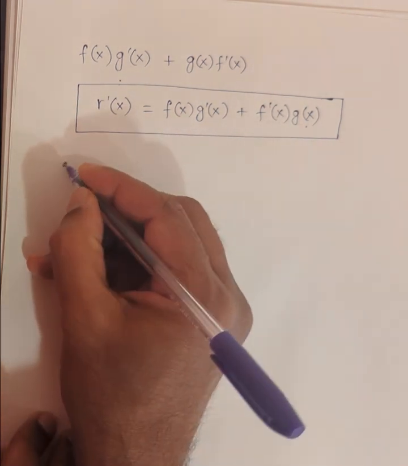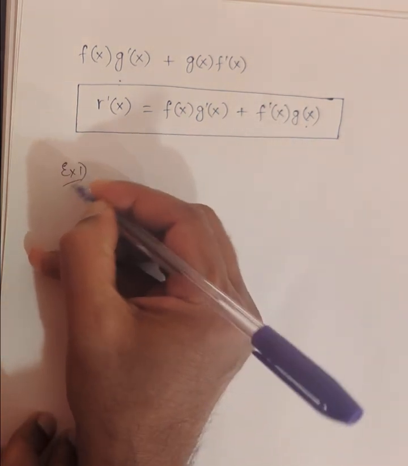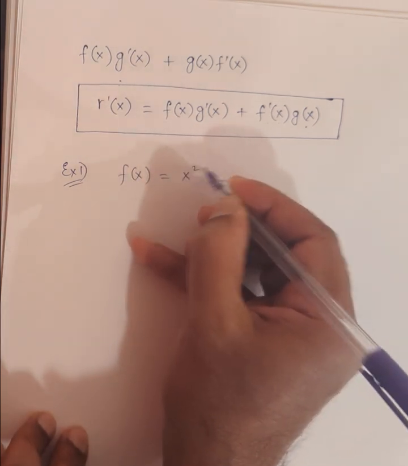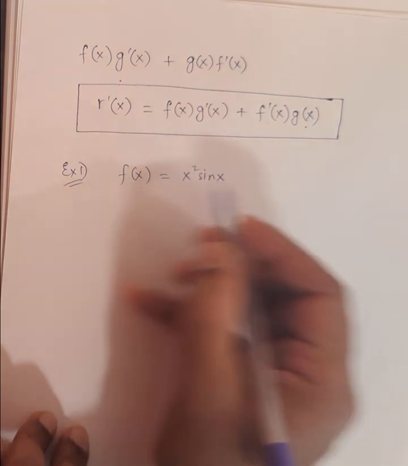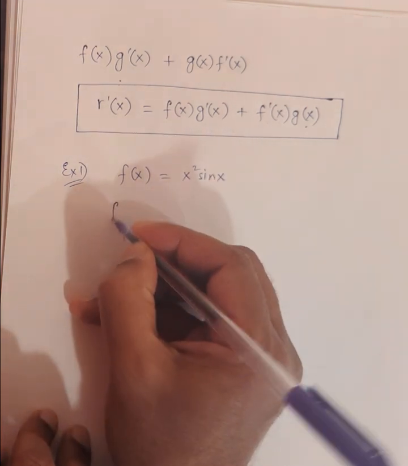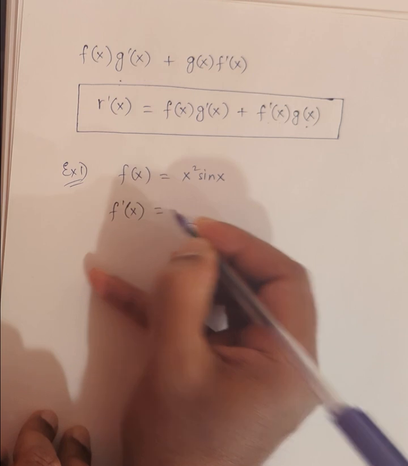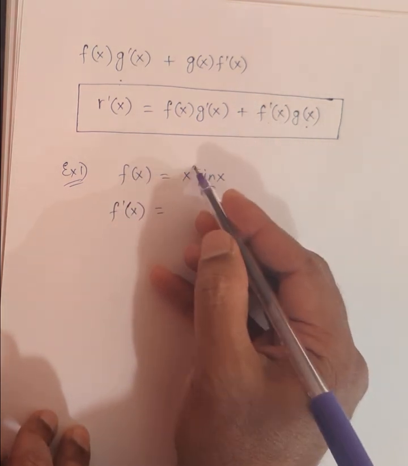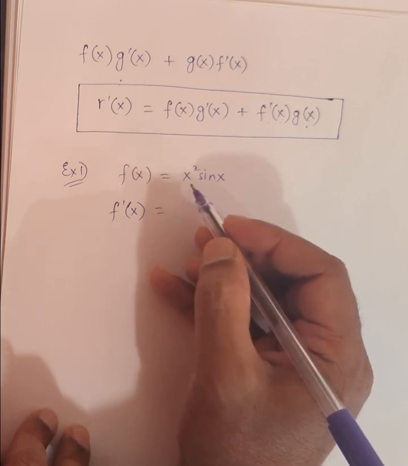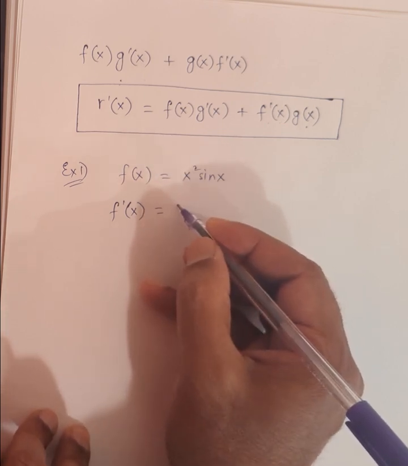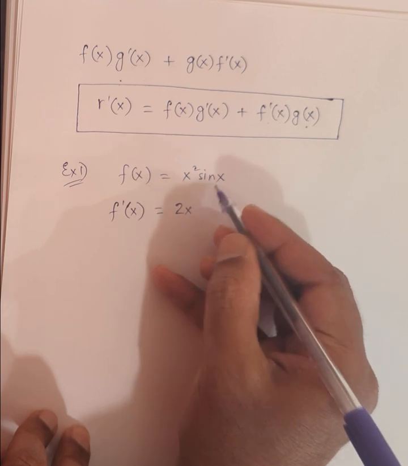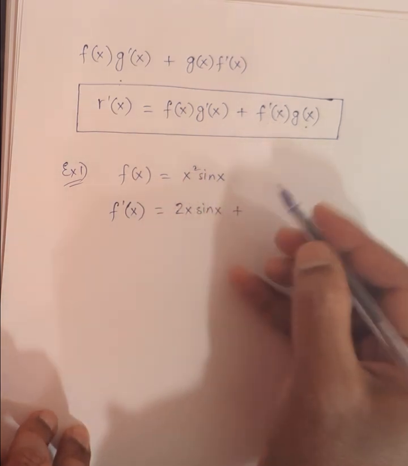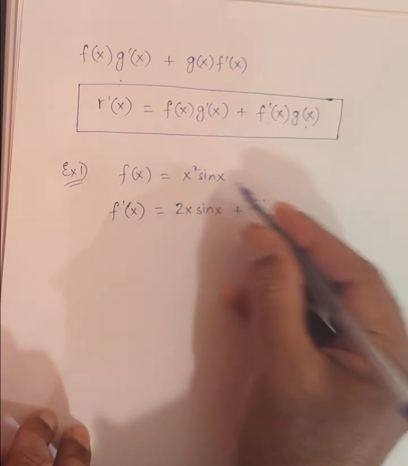So let's look at an example. Example 1, say I have f of x equals x square sine x. So this is a product of two functions. So if I want to find the derivative, then I can fix one. Let me differentiate x square. I get 2x, and then I fix sine x. Plus, now I will fix x square and differentiate